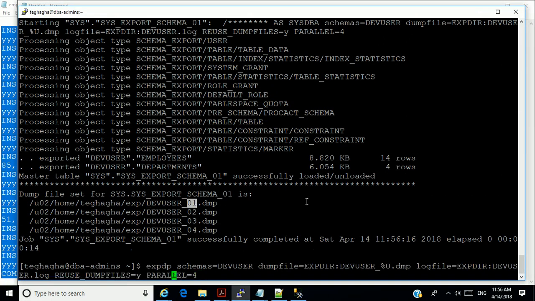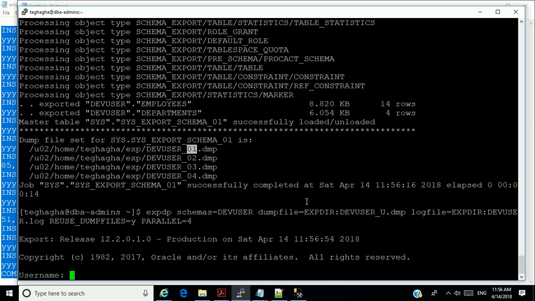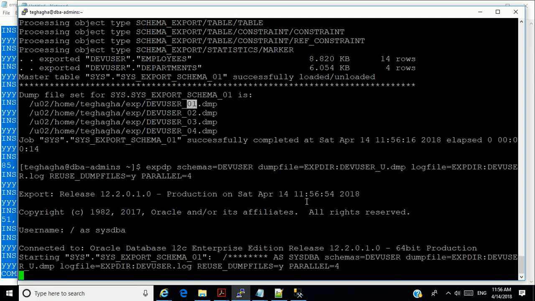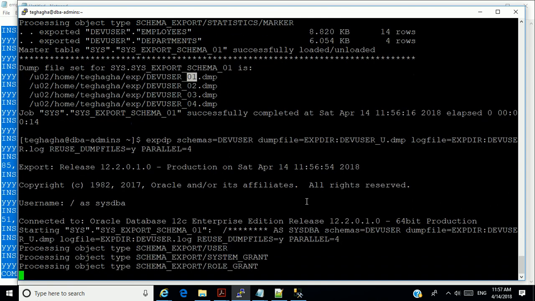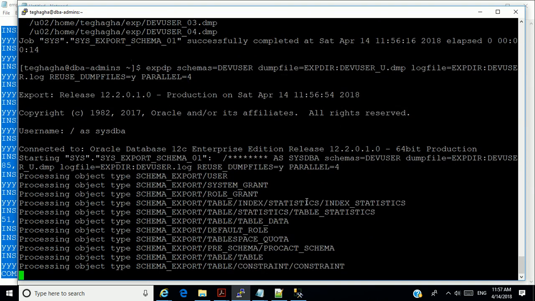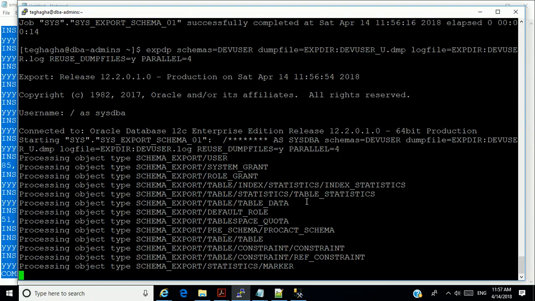If I didn't put that parameter there, there's no way it can do an export. Let us say %U, I don't put the percentage sign. Let's see how it behaves. So that is a variable. That's what we call a variable that is used by the export data pump itself. Now, these things I'm telling you are very important. Remember them as you go into the real world.